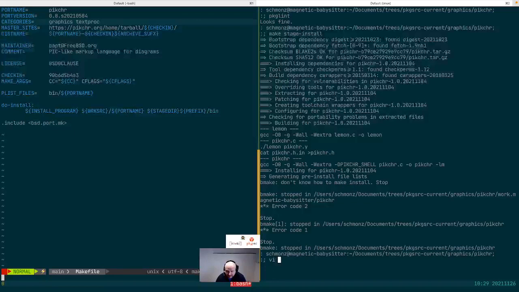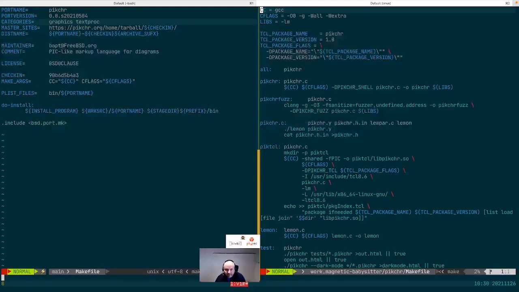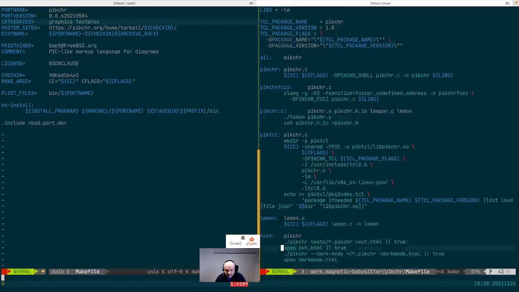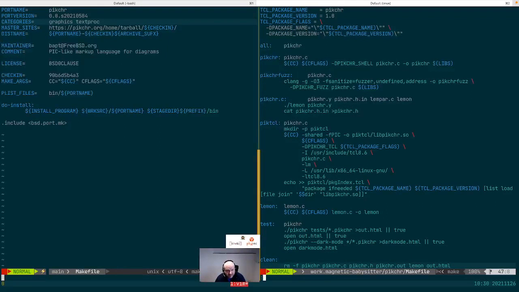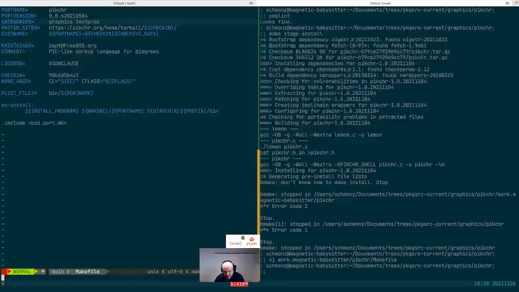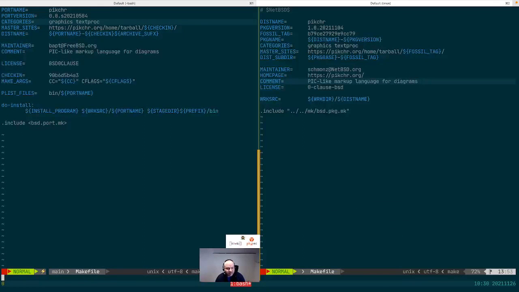Let's look at that makefile again. So there's a build target to make pikchr. There may not be any sort of install target. That is fine. We had this yesterday too. And you can see the FreeBSD port also encountered this. So we have the same thing. It's relatively similar in this case. So we've built the thing. We're going to install,